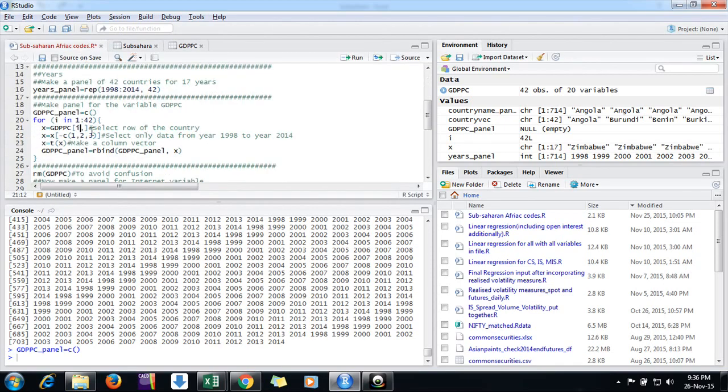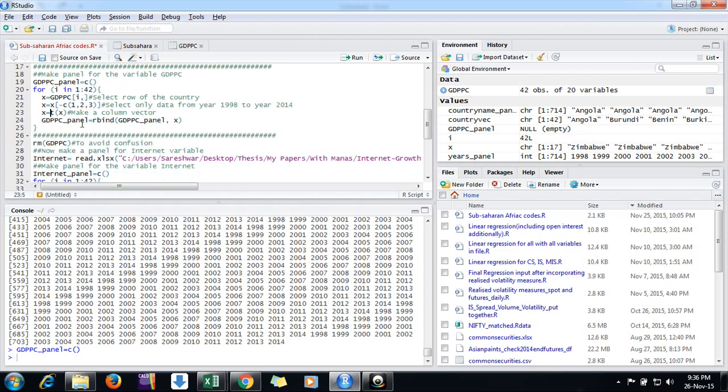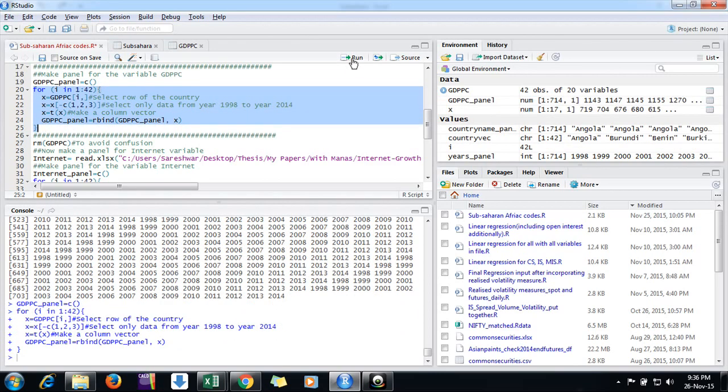So what I'm doing here, I'm just removing these first entries by this subtraction. By putting minus here, I am just excluding these first three values. So now new X, first I am creating the X variable, then X is only the last 17 values. Then it is in a row. I want to take a column, so I am transposing it by putting a t command. Then I am just rbinding them, or you can use the append function also here. So similarly, what I am doing here, now just run it, done. So easy, now it's done.